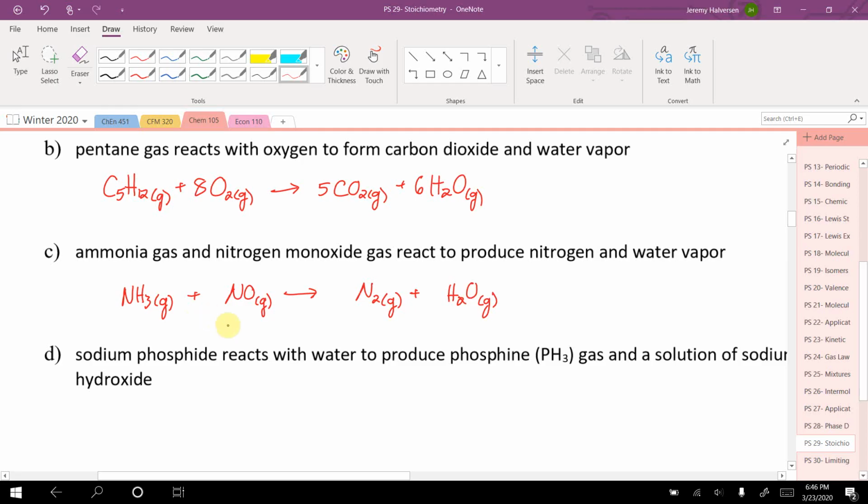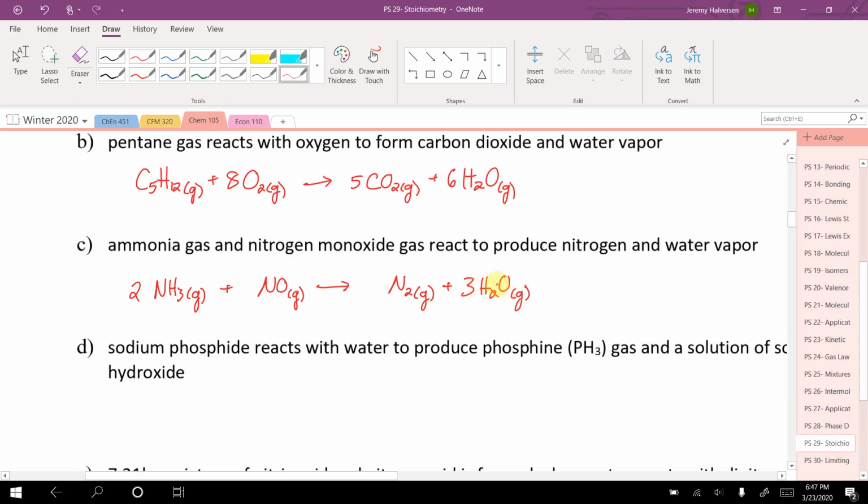So this one's going to get kind of tricky. Here I have everything balanced except hydrogens. And so I'm going to put a 2 here, which is going to give me 6 hydrogens, which means I need a 3 there. Now I've got 6 hydrogens. But now I have 3 oxygens. So here I need 3 oxygens. So if I put a 3 there,